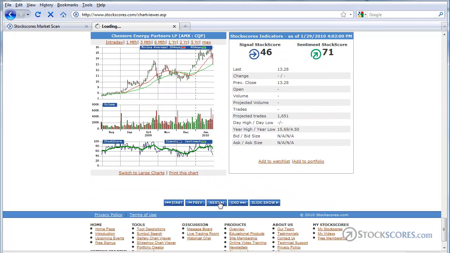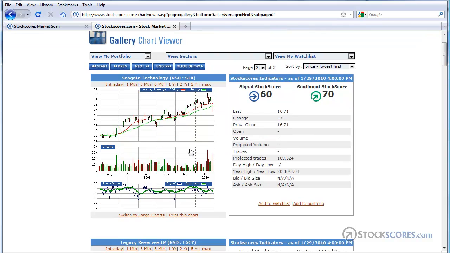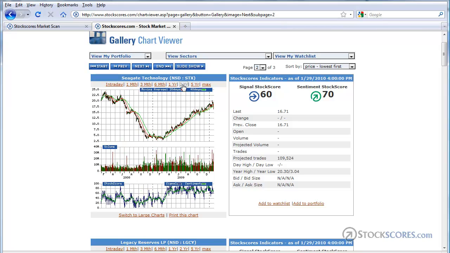So I've looked at the first 10. I then go to the next page of 10. And here I see something that looks pretty good, STX. If I were to draw a line across these low points, I could see that that upward trend line has been broken. If I look at a little bit longer term view of the chart, a 2-year chart, we can